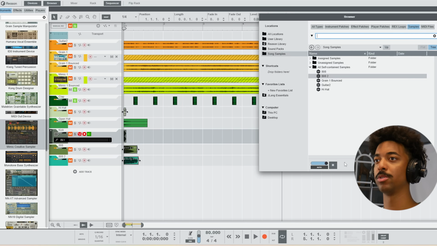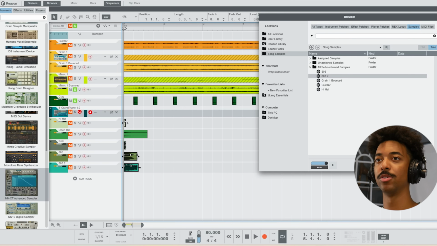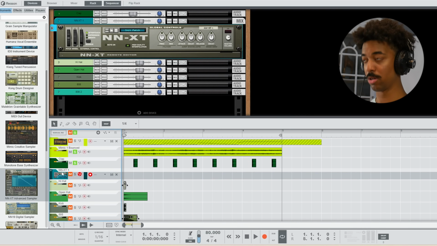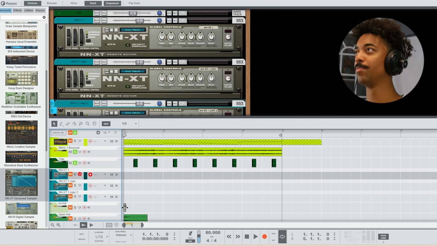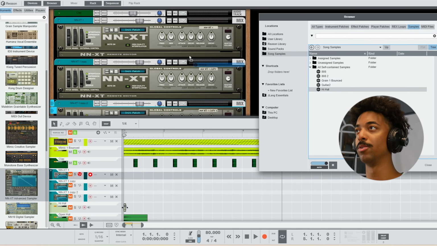Now for the hi-hat and the 2 808s, I'm just going to bounce all of those to new samples and then put those into the NNXT advanced sampler. That's what I like to use for drum samples. Right click, reset the device, and then copy and paste it a couple times, and then pull up the browser again, and then just drag all those samples into the corresponding